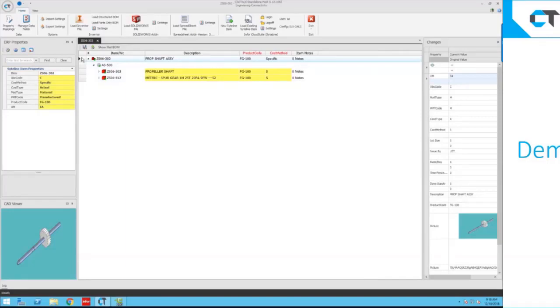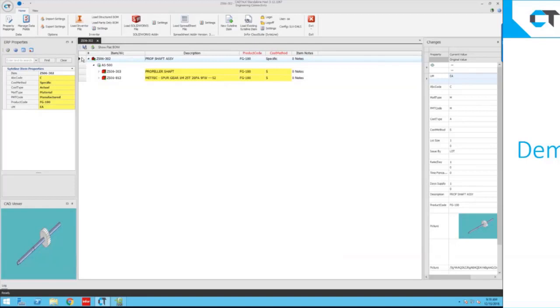Back to the idea of this expression engine. One of the things I want to note is that the expression engine does things that are simple, like, hey, copy the description from the CAD model over to CSI's description field. It can do really smart things too. Like, say, you know what? I know that description coming from SolidWorks is really long, and it's not going to fit into my field in CSI, so I need to break that up across multiple fields maybe. And it even knows to break it up, but not necessarily in the middle of a word. It'll actually break it up in a space between two words. So that's an example of where the AI engine is very smart at figuring out how to bring